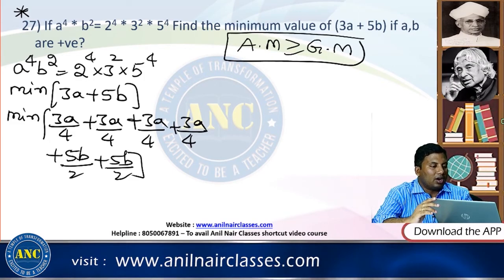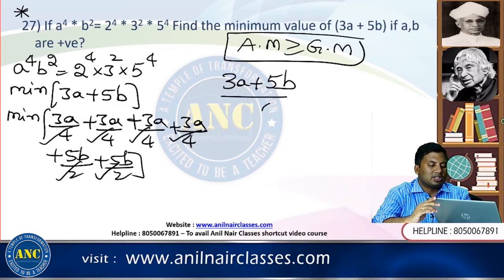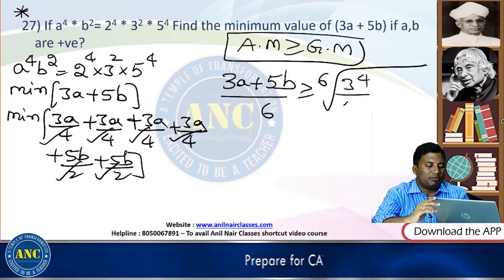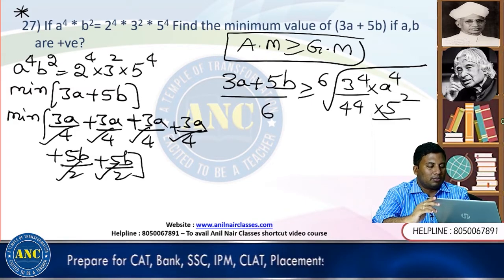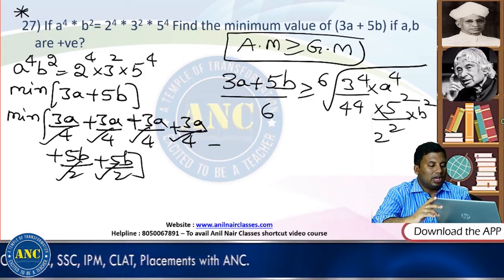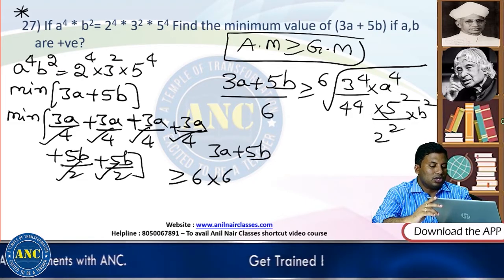AM greater than or equivalent to GM. If I add all these, it will be 3a plus 5b. Total how many terms are there? 1, 2, 3, 4, 5, 6, so divided by 6, greater than or equivalent to the 6th root of (3a by 4) multiplied 4 times, that is 3 power 4 by 4 power 4 into a power 4, and (5b by 2) multiplied 2 times, that is 5 square by 2 square into b square. So 3a plus 5b is greater than or equivalent to 6 into the 6th root of